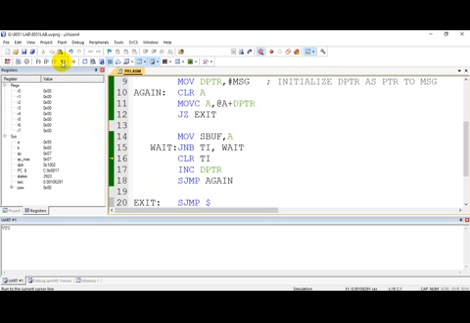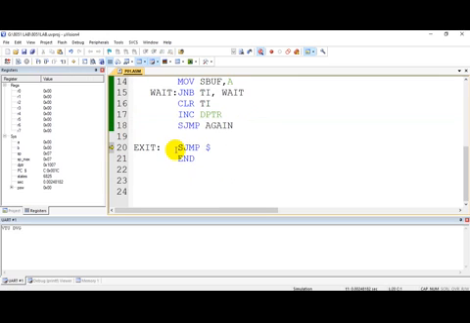Then the space, then D V, then G. Now we have reached the end of the string. Now you see in the accumulator 0 has come. It means it is the end of the string. So now the jump on 0 condition will become true. When this condition becomes true, I will exit, and this will be the end of the program.